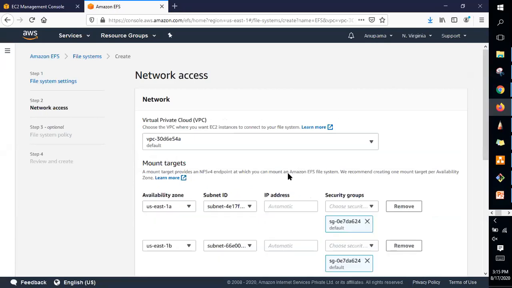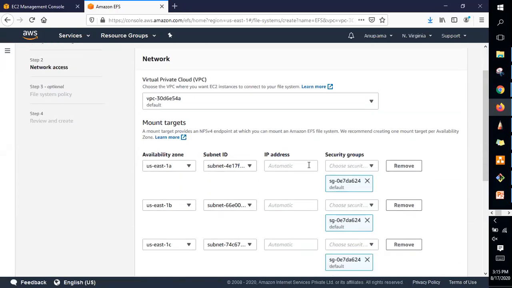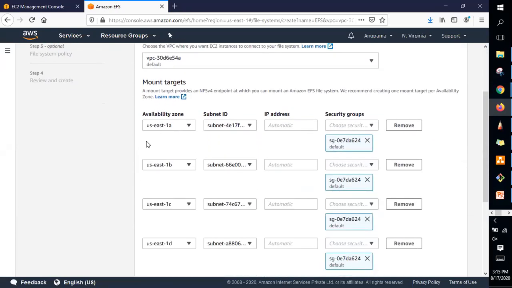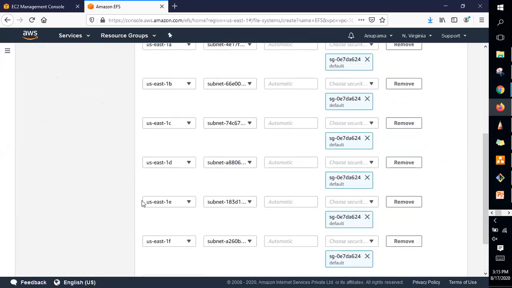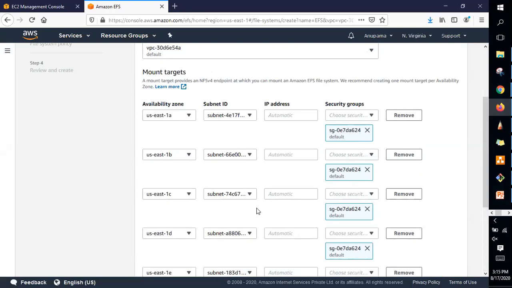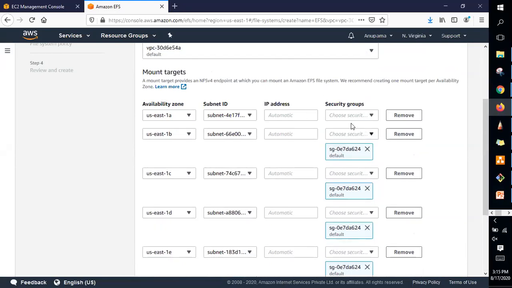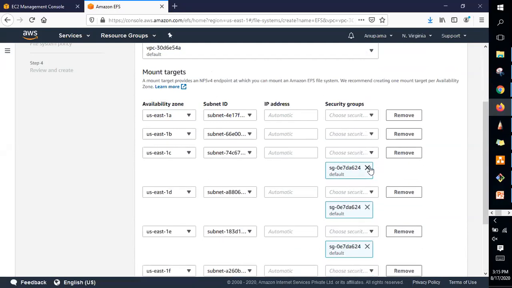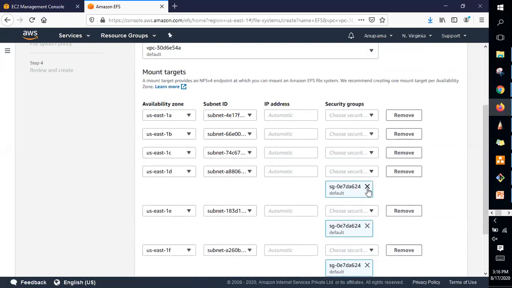Here you would be enabling the mount targets. You see, by default, the mount targets are enabled in all availability zones. Here you will be defining the subnets and the network interface which I'm talking about. The IP address will be taken automatically. And here you should be giving the security group which I'm talking about. By default, it is taking the default security group.